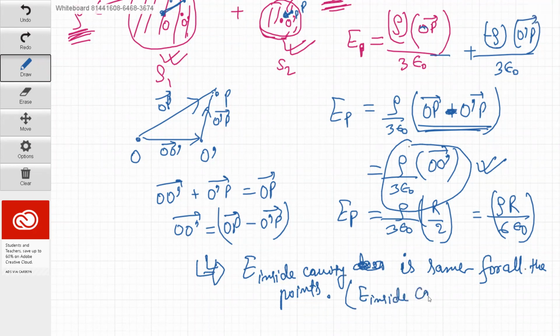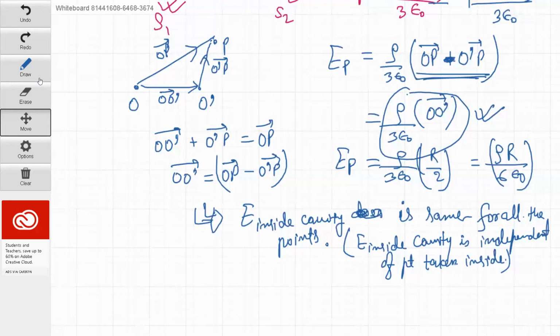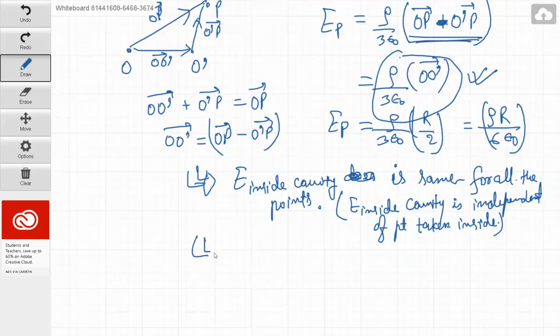So the electric field inside the cavity is independent of the point taken inside. Hope you understand. This is the first point to remember, and another point is that the electric field at any point inside the cavity